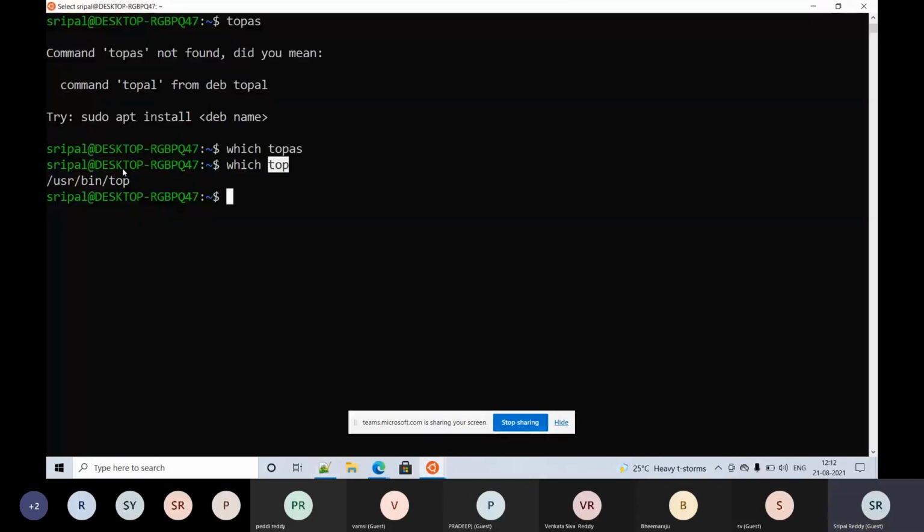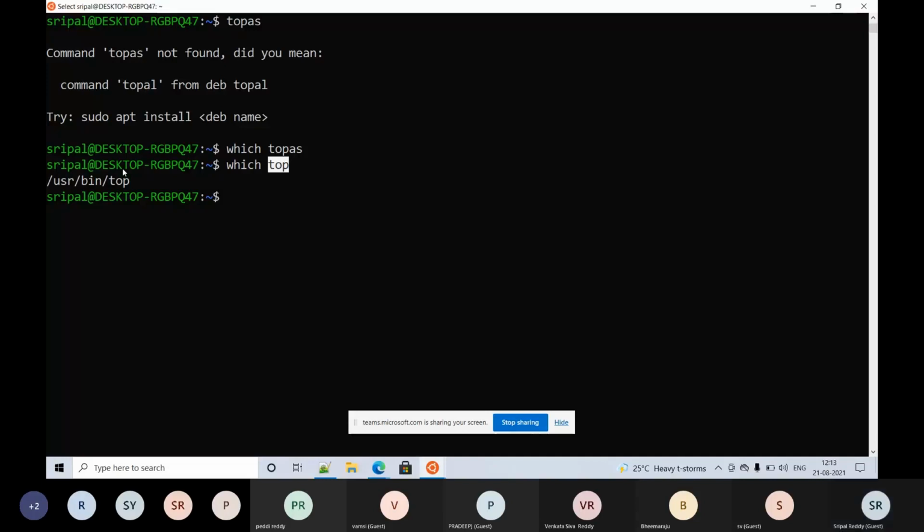The bin folder contains the generic commands that are used by the end user, whereas sbin will have the commands used by admin users. So the output will differ depending on the place from where the command is being invoked.